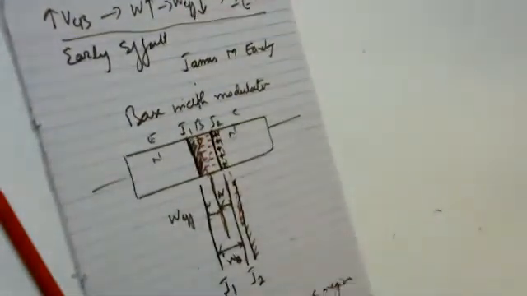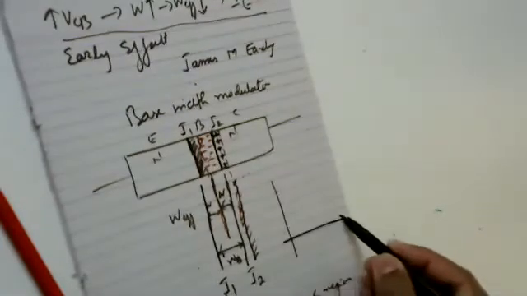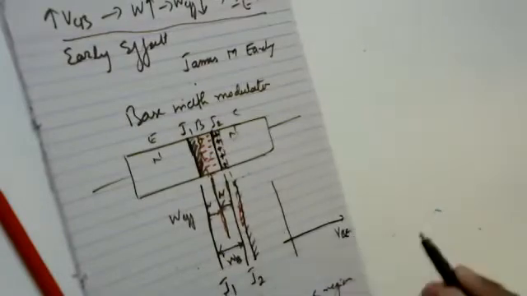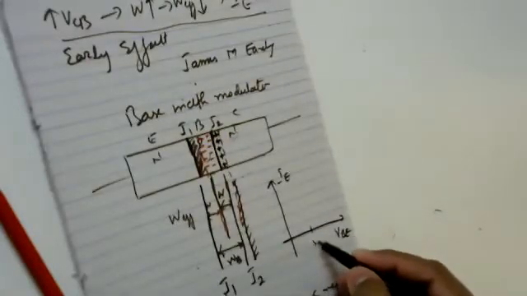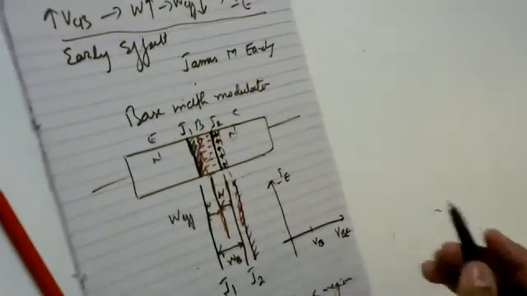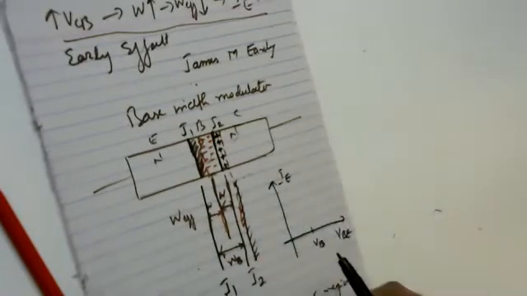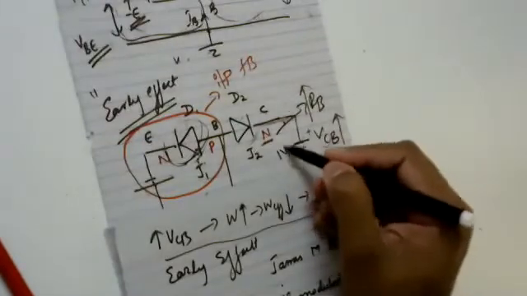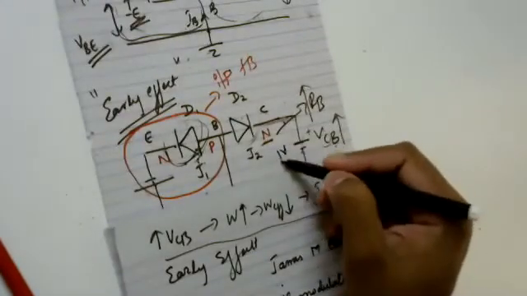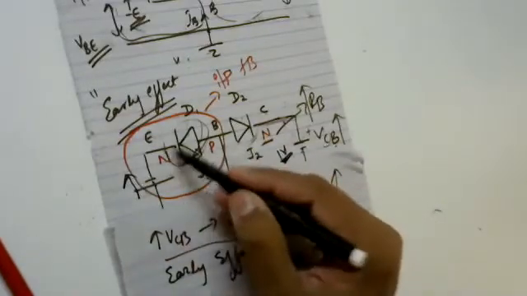I'll draw it over here, the VI characteristics of your transistor. So this is your VBE, this is your IE, and this is your VB, your barrier voltage. Okay. So let me say that when my VCB was equal to 1 volt, that is this voltage, my VCB was equal to 1 volt. By setting the output voltage, I was increasing this VEB voltage.